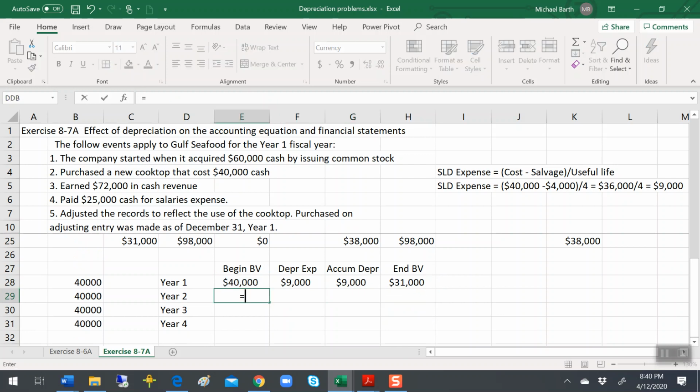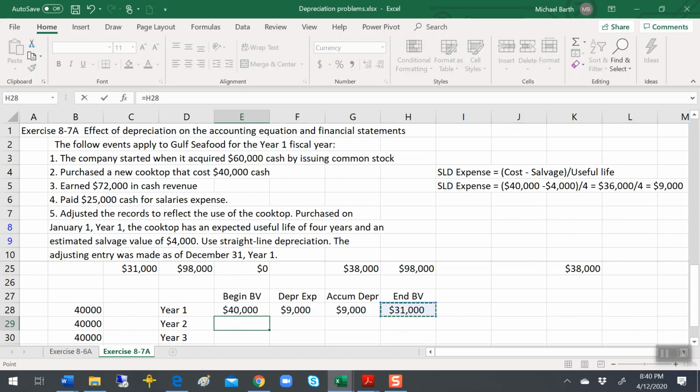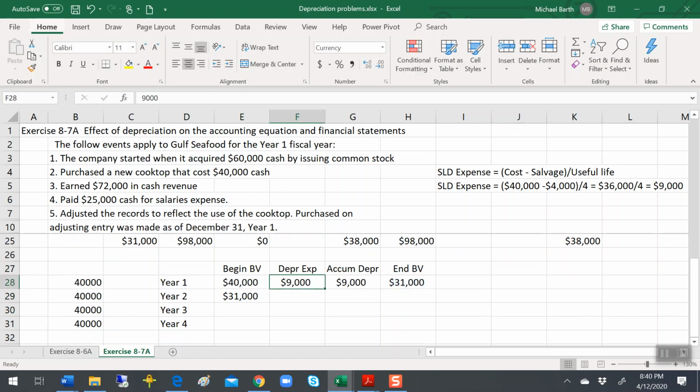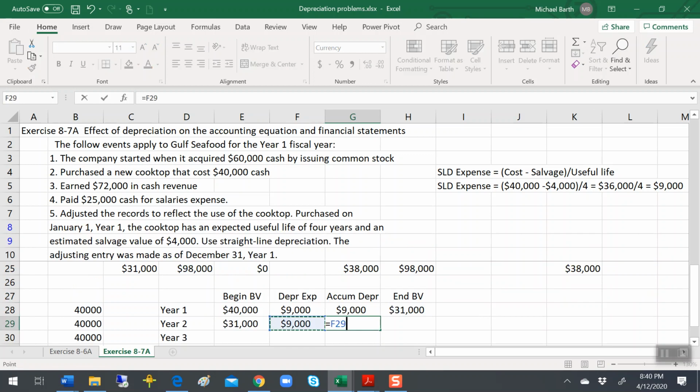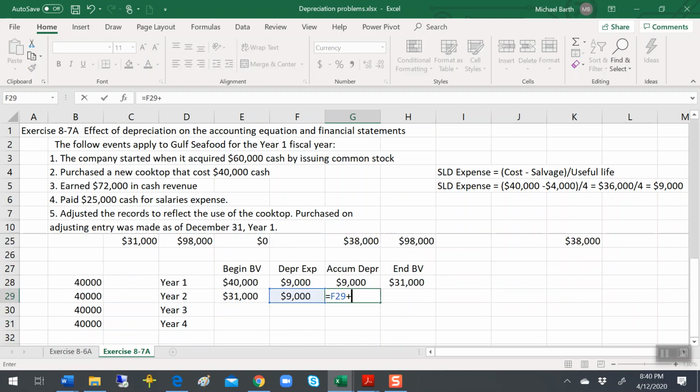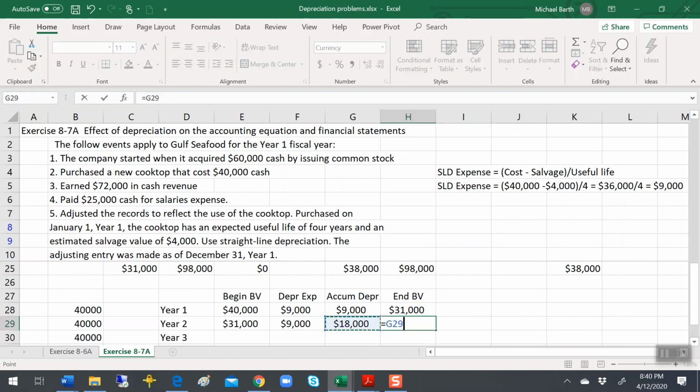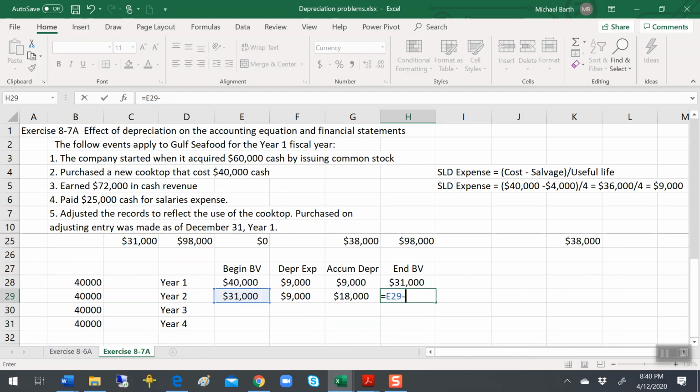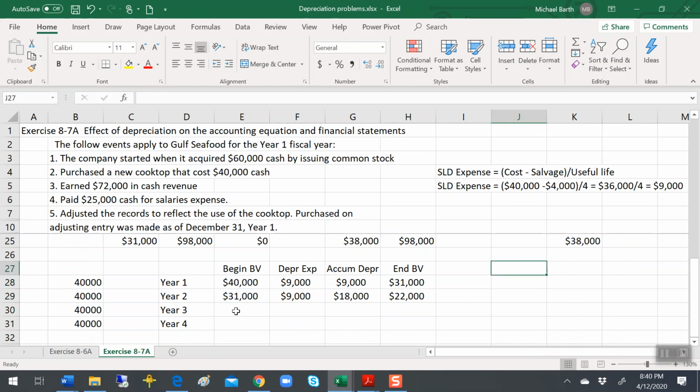If I began the next year with the book value of $31,000 and I took another $9,000 depreciation, the accumulated depreciation would be $9,000 in year one and $9,000 in year two. So now the ending book value would be the beginning minus the expense for the year, but I could also check that by taking the cost less the